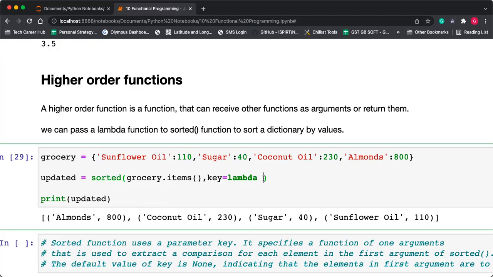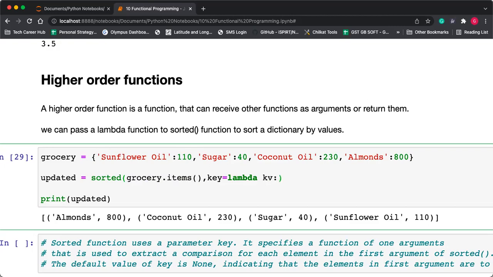So lambda kv: kv is the key-value pair I'm receiving from the items. The very first one is sunflower oil, which will be considered as kv, a key and value pair.